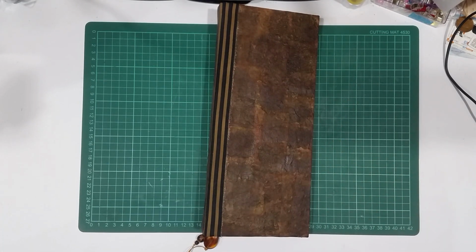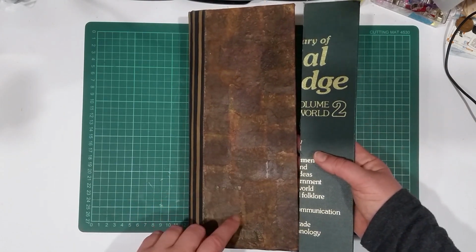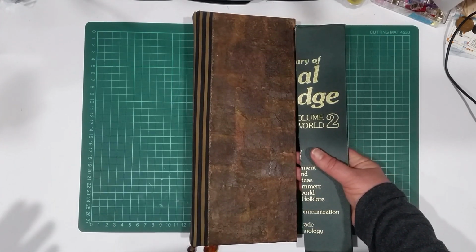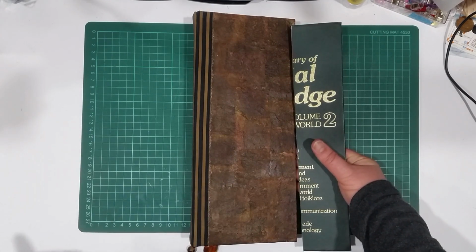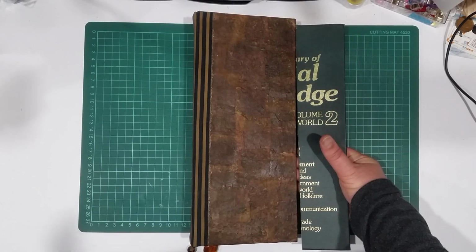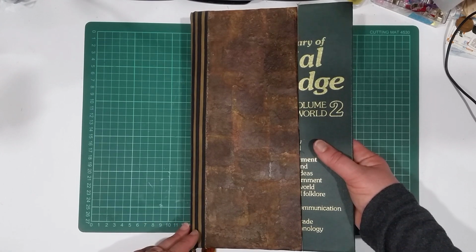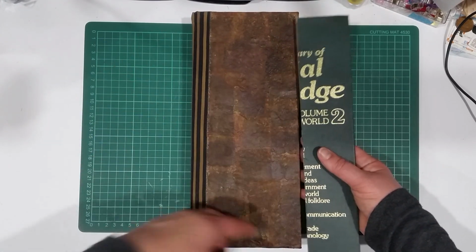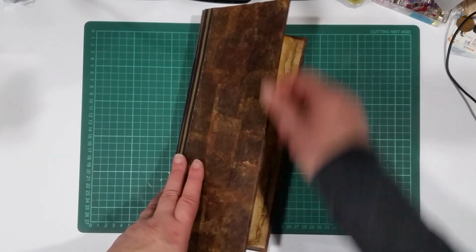So what I've done is, I had in mind a vintage ledger. I don't know if you've seen those tall skinny vintage ledgers, but I had one of those in mind straight away for some reason. Anyway, I was lucky enough to have an encyclopedia that was the right height, but it was too wide. So I've just cut that down, and the raw edges along here, I've just